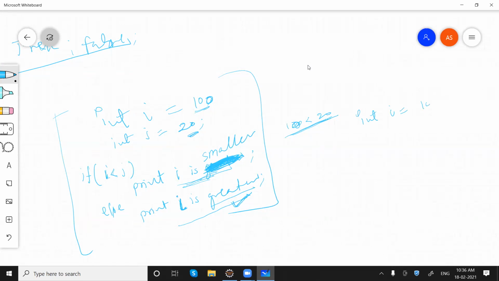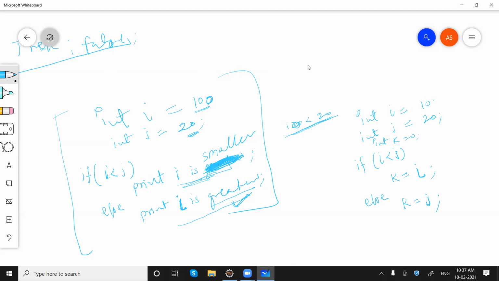int i equals 10, int j equals 20. If i is less than j, then k would be equal to i, let me take k here, in which we have 0 right now. So k value would be equal to i if i is less than j, else k value would be equal to j.